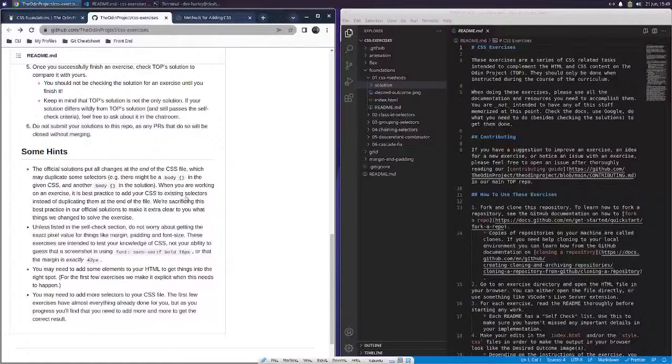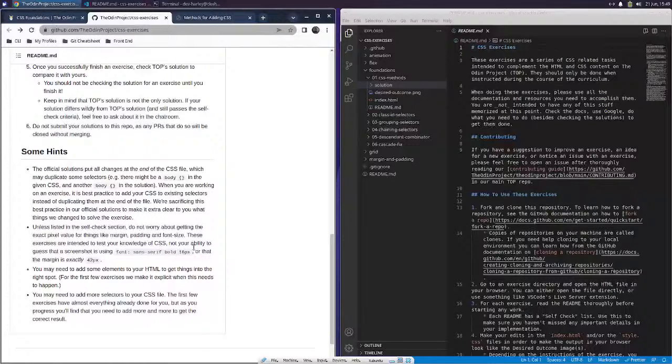We're sacrificing this best practice in our official solution to make it extra clear what things we change to solve the exercise. Unless listed in the self-check section, do not worry about getting the exact pixel value for things